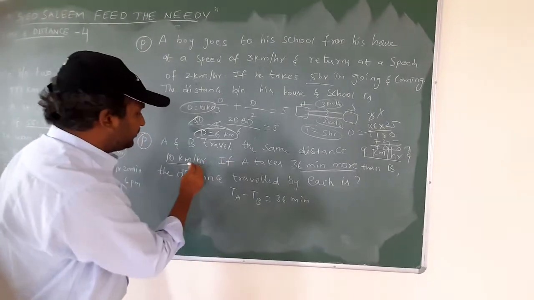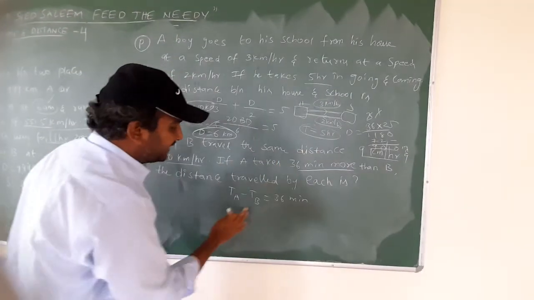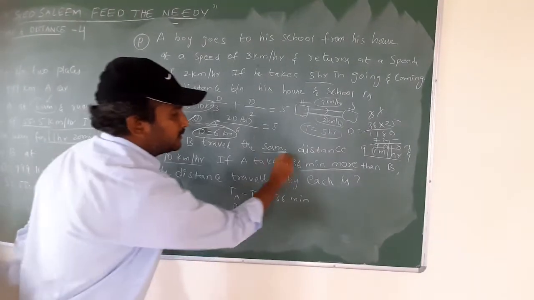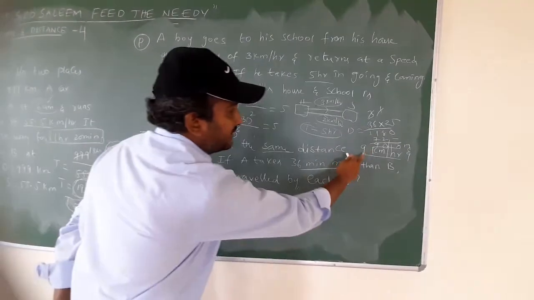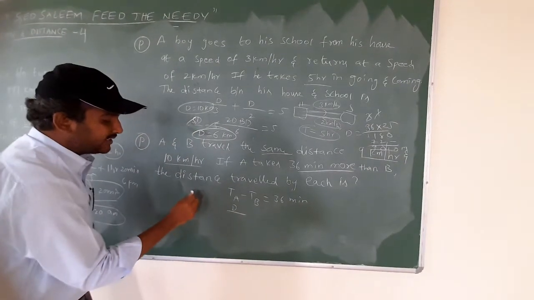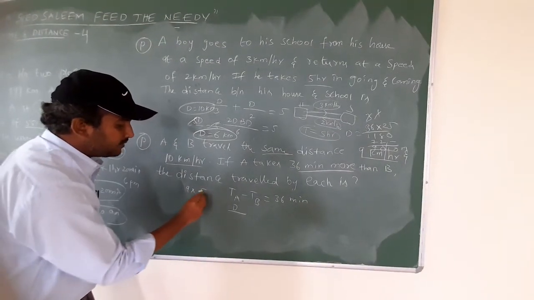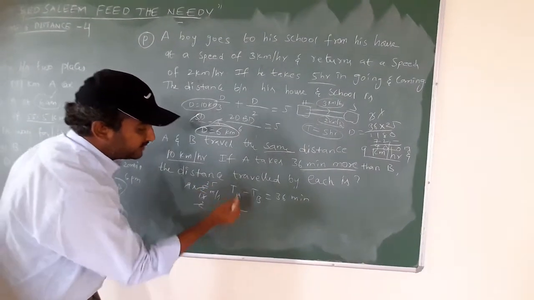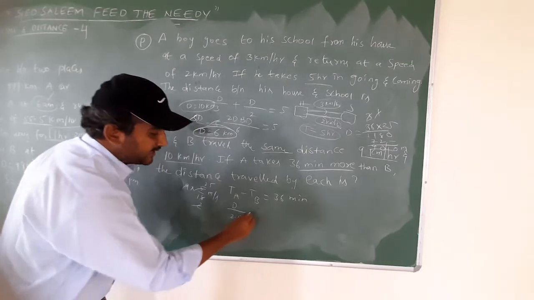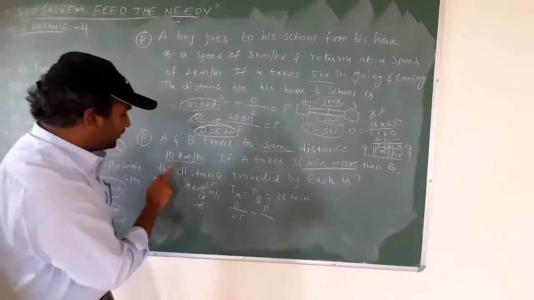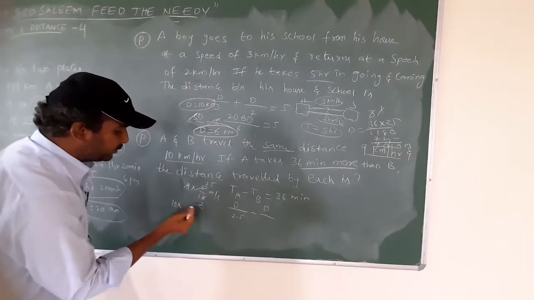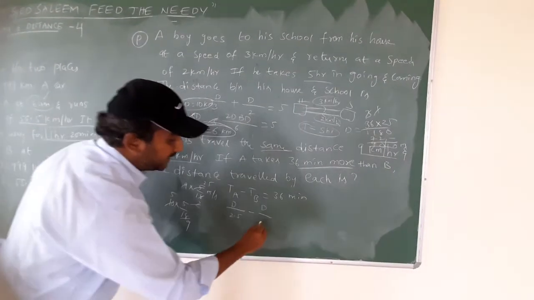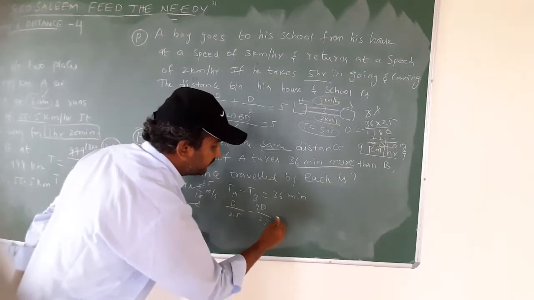If you observe, A takes 9 km per hour. Therefore, the distance is the same, divided by 9 km per hour. I am going to convert this in terms of seconds. 9 into 5 by 18 meters per second. 9 ones are 9, 9 twos are 18, 2.5. That means 2.5 meters per second, minus the distance is the same, divided by 10 km per hour. 10 into 5 by 18, 2 fives are 10, 2 nines are 18, 25 by 9. That becomes 9 by 25.